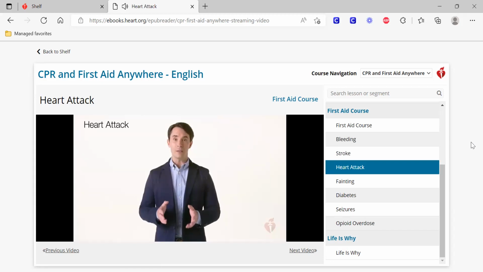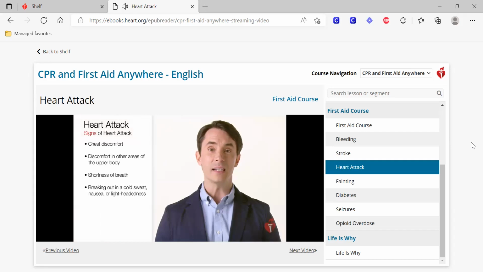Earlier, we talked about the difference between a heart attack and cardiac arrest. When a person is in cardiac arrest, she needs CPR immediately. When a person has a heart attack, his heart is still beating and he needs a different kind of help. One of the main signs of a heart attack is chest discomfort. Most heart attacks involve discomfort in the center of the chest that lasts more than a few minutes or that goes away and comes back. It can feel like uncomfortable pressure, squeezing, fullness, or pain.